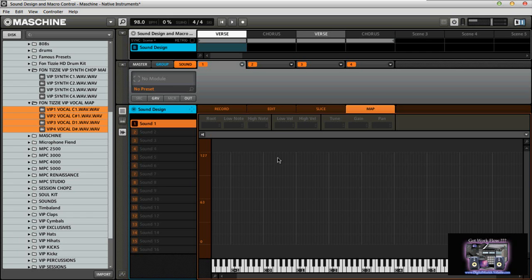And the cool thing about sound design, man, is that you literally can get so original and so creative. I love to be original, creative. I like to have things that nobody else has. So that's what makes you unique and stand out in your music a lot more. So let's say, for example,